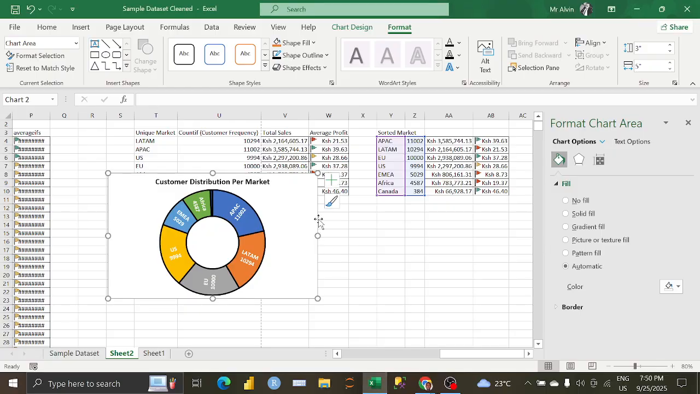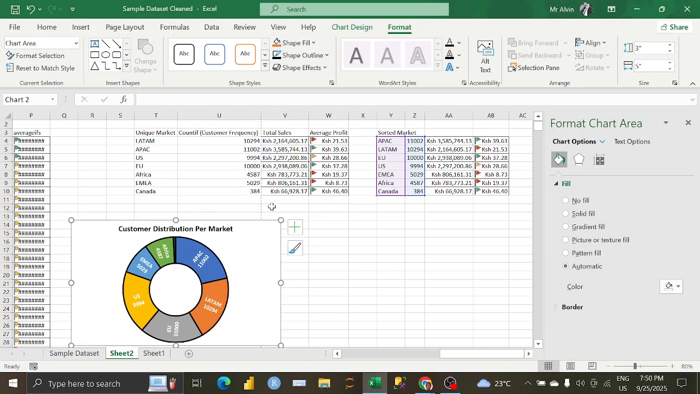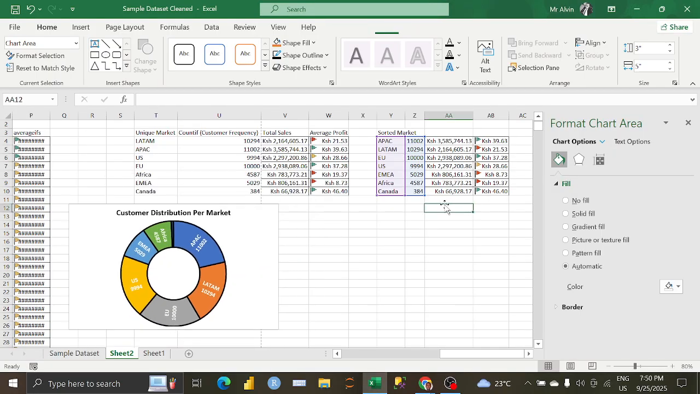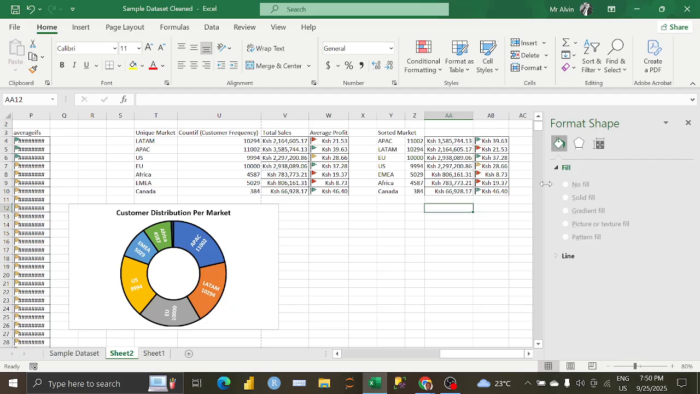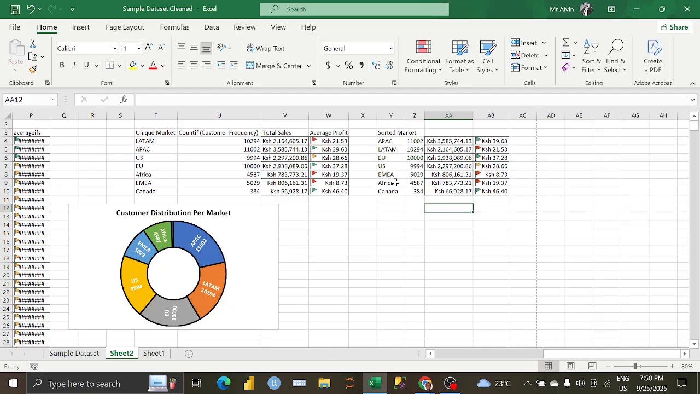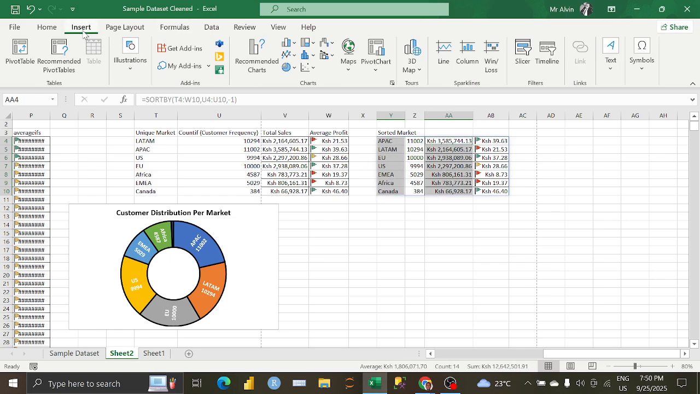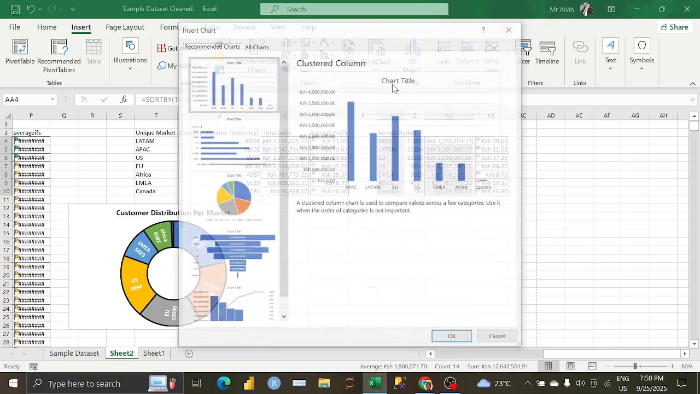Amazing, amazing. So this is a very nice way that you can use to design this graph as well. Now, if you want to insert more graphs, let me close this part. You can just come and select. Let's say you want now to see the total sales per customer, per market. So you can click here for this sorted one, then press Control, select this other array, come to insert, then click here,